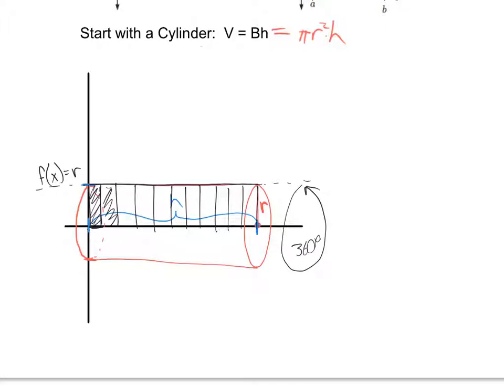Now, let's say that we take that area and revolve it around, so it is a perfect cylinder. I'm going to call that difference there my dx. I cut it into separate pieces. Remember we said the width of the rectangles was our dx. If I just looked at this cylinder here, this little one,